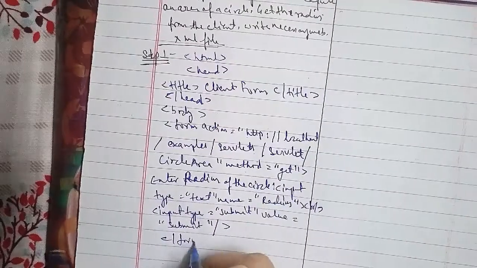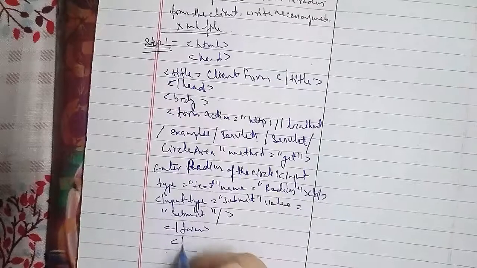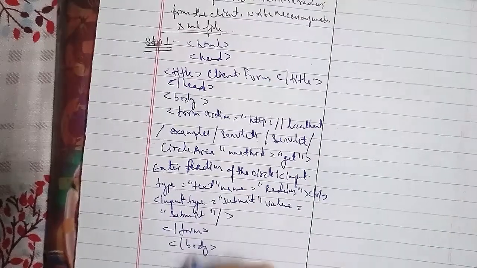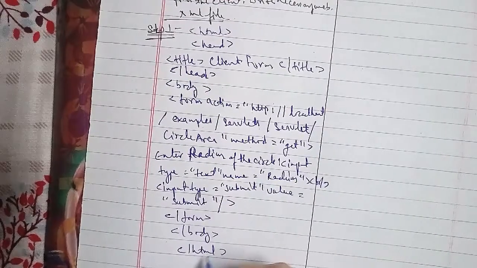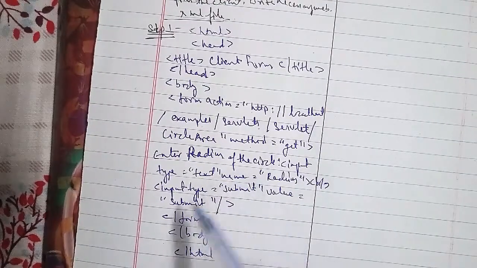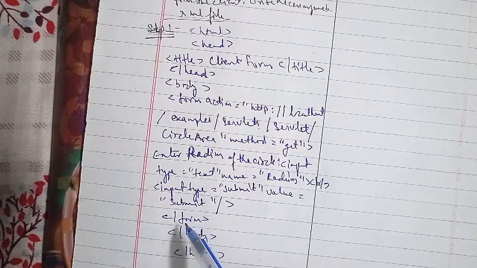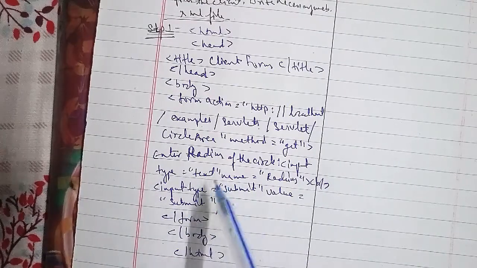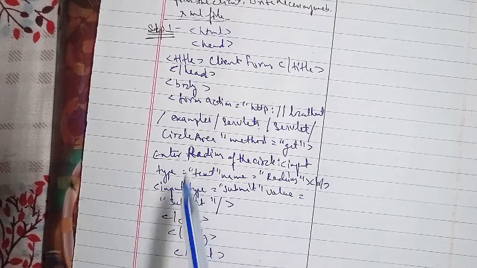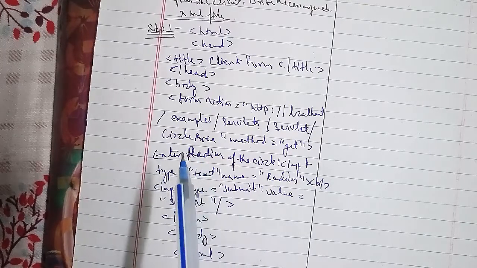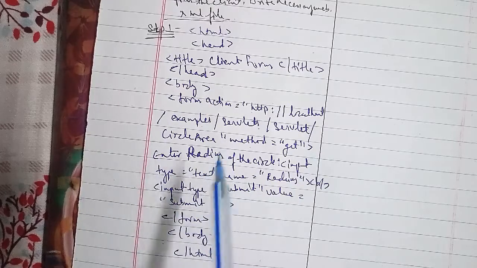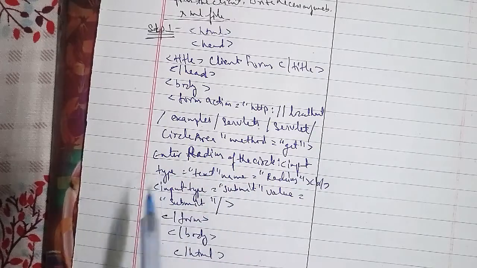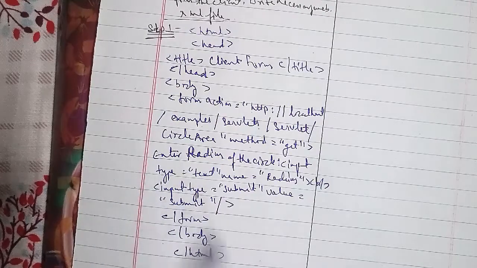Now in the second step we have to create the following servlet program in which the value of the radius is read and the area of the circle is computed and displayed on the web page, and for that we will be doing step 2 here. So what we have to do is we'll start with the import, import java.io,